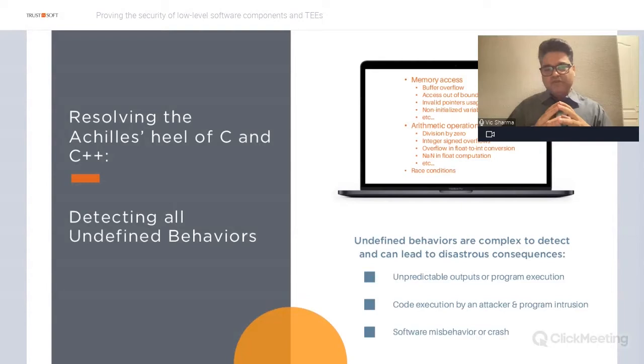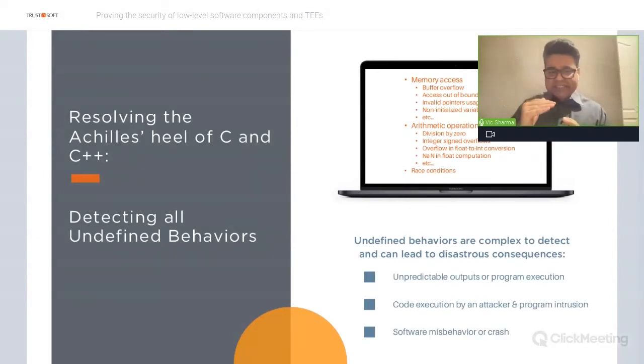Now, at the core of what we call sound code analysis is this ability to detect all undefined behaviors. Undefined behaviors, as explained precisely in the C and C++ standards, can be very complex, and if not detected early on, can lead to serious consequences such as unpredictable results or software crashes, which in turn can lead to even bigger problems.